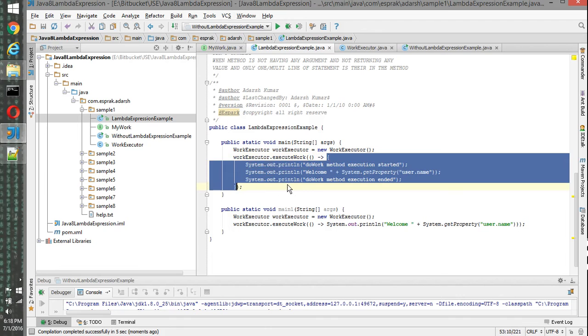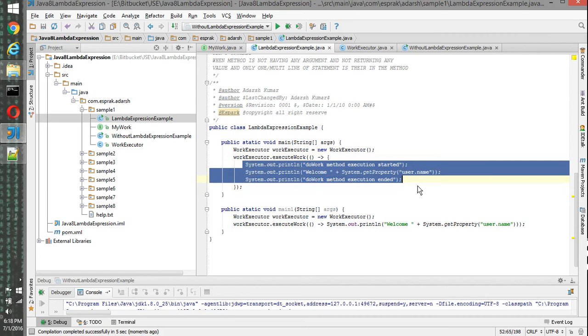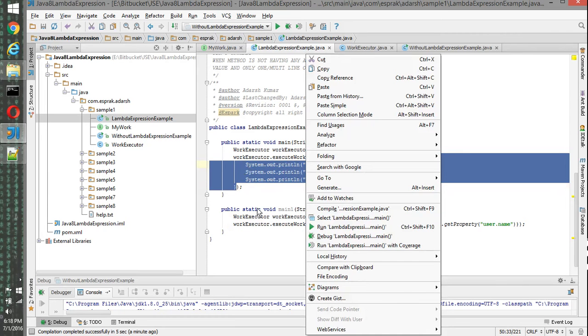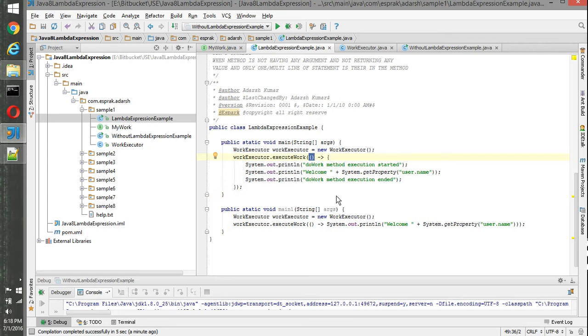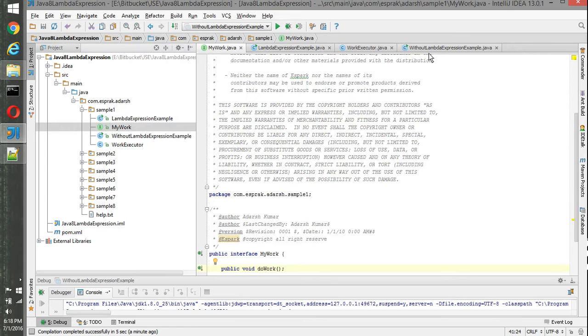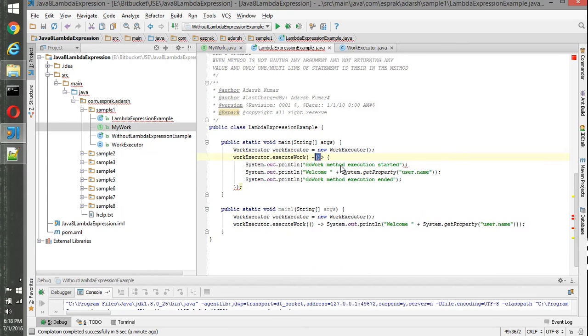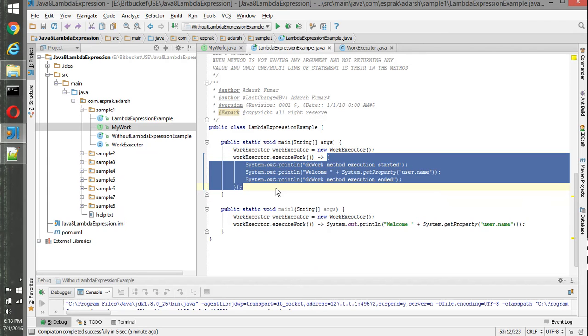This is the body of the doWork method, the task I need to perform. Internally it creates an instance for that, and this is the method body that gets executed. The arrow says this is the implementation body for that method.